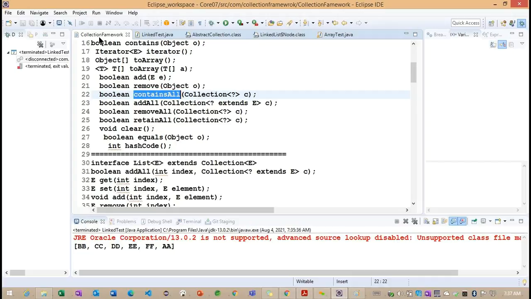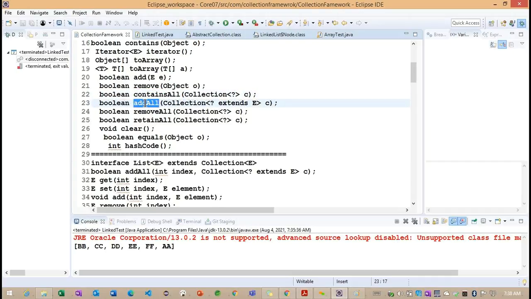If you observe the remove method, the remove method also has the same logic. We are trying to find the nodes, and inside the node we are trying to find the item, and we are having the equals method. If the item satisfies, we are removing it. Same way in containsAll also, we are repeating over the values based on the loop and finding based on the equals method. If the equals method returns true, the containsAll method returns true. Otherwise it returns false. So this is the only difference between remove and containsAll.